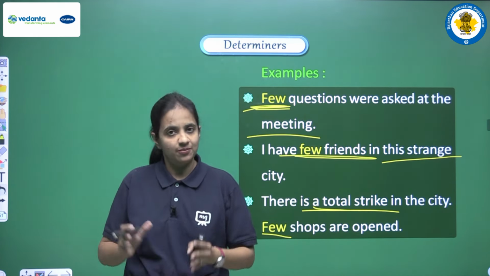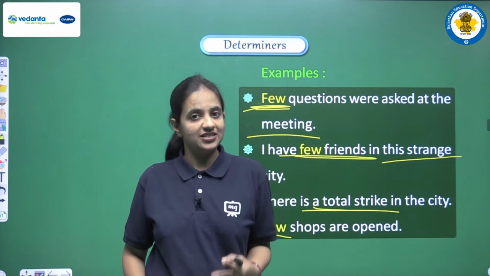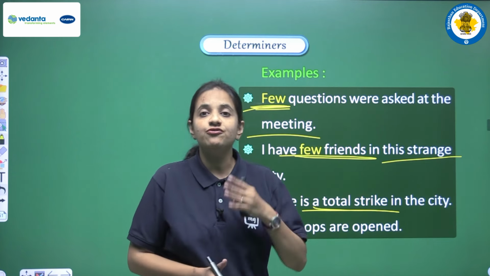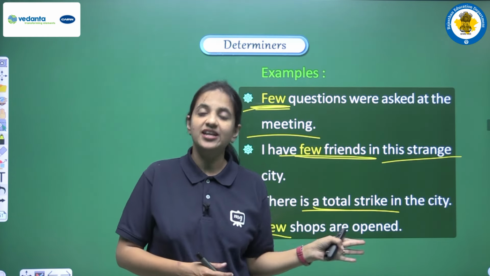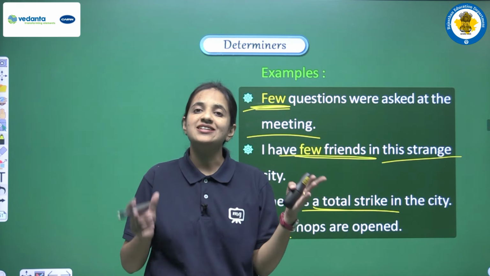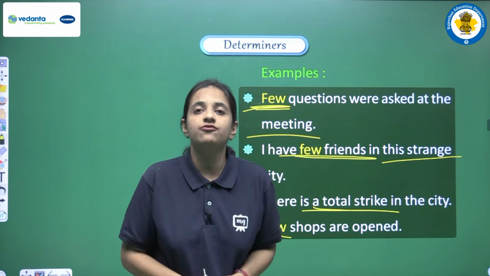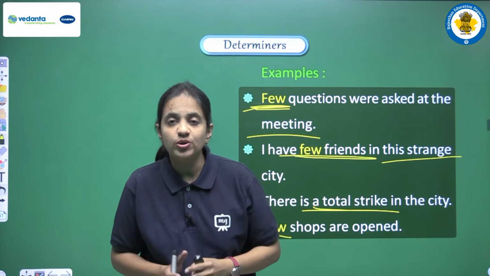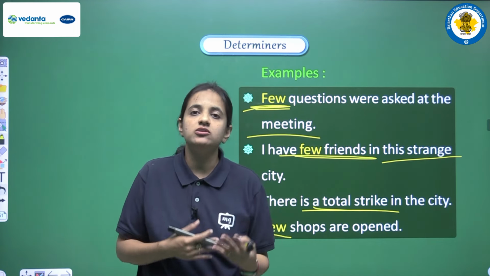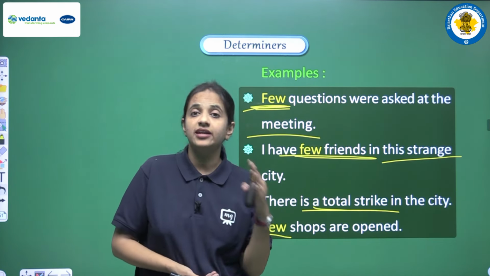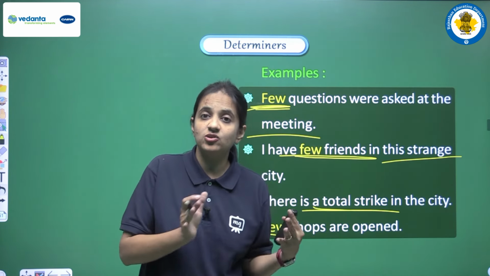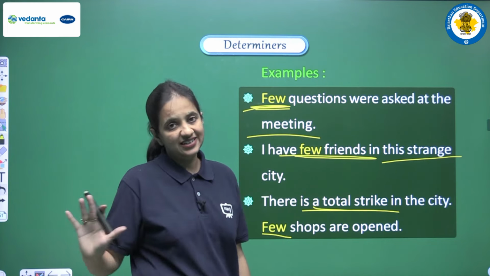Let's understand one more time. First of all, we are talking about few. The first thing we have to be very careful about, which we have learned, is that few is used for countable nouns, right? And what is the use of few? It has a negative meaning, a negative sense. When we use few in a sentence, it means almost nothing. We are saying that the quantity was very less and it was like nothing. So it gives a negative sense to the sentence. Clear?